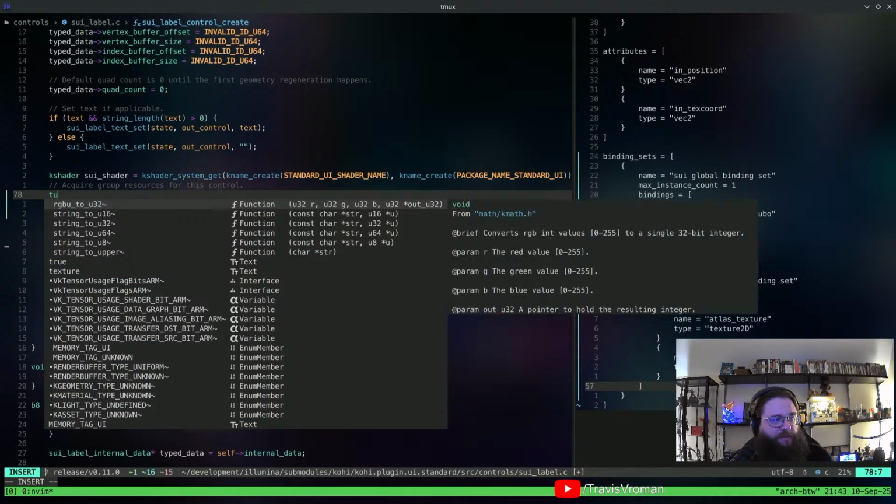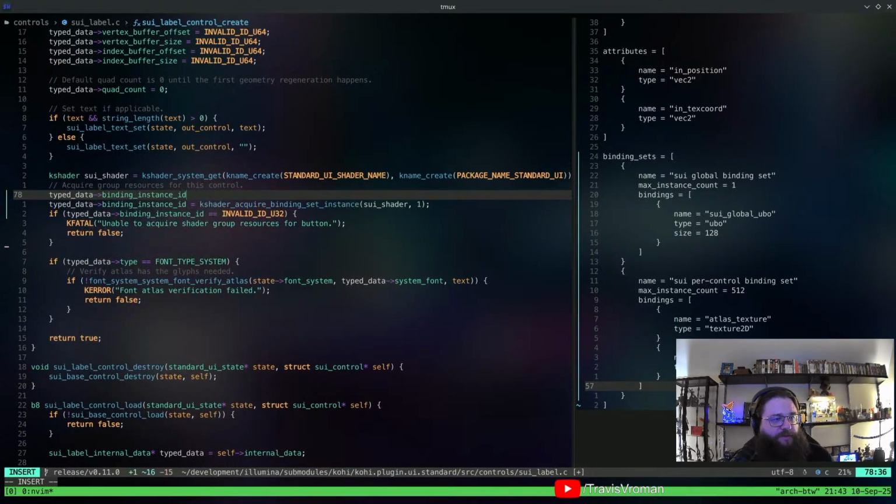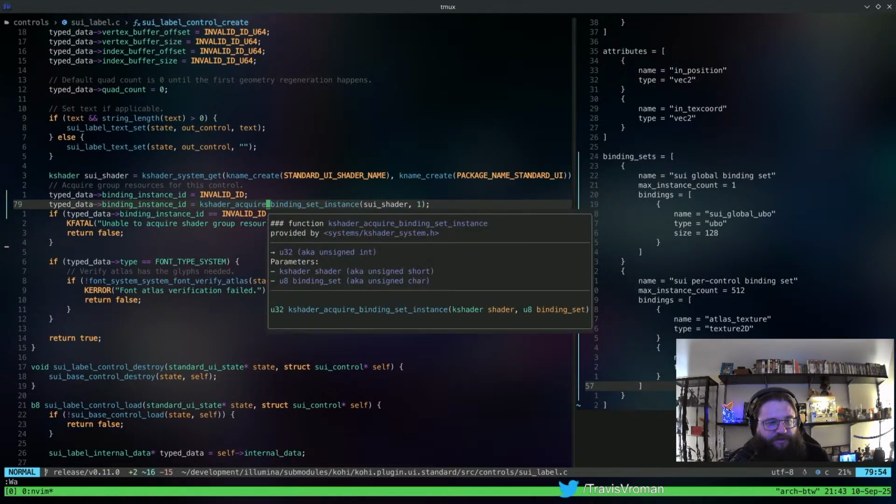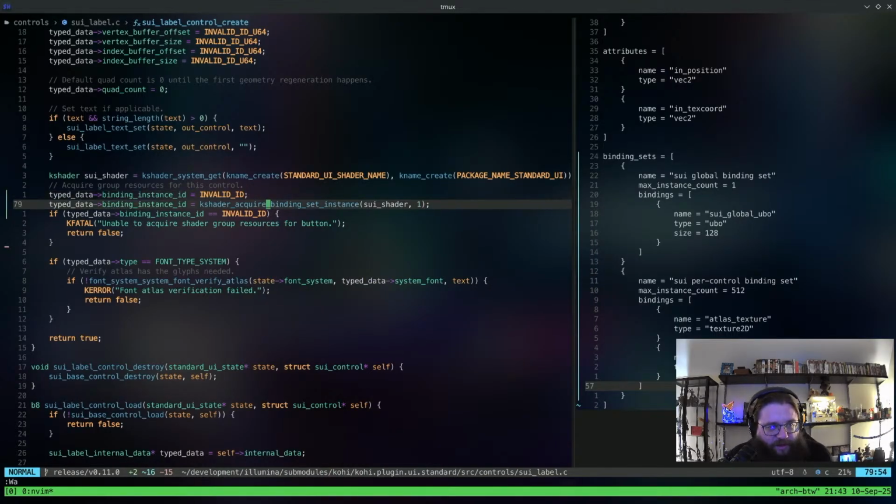We'll do type data binding instance ID equals invalid ID. We don't have to specify the 32, that's the default, right? We'll default it to that first when we create it. That way, if we truly fail, I mean, this returns invalid ID if it fails, but I guess it's being explicit, right?